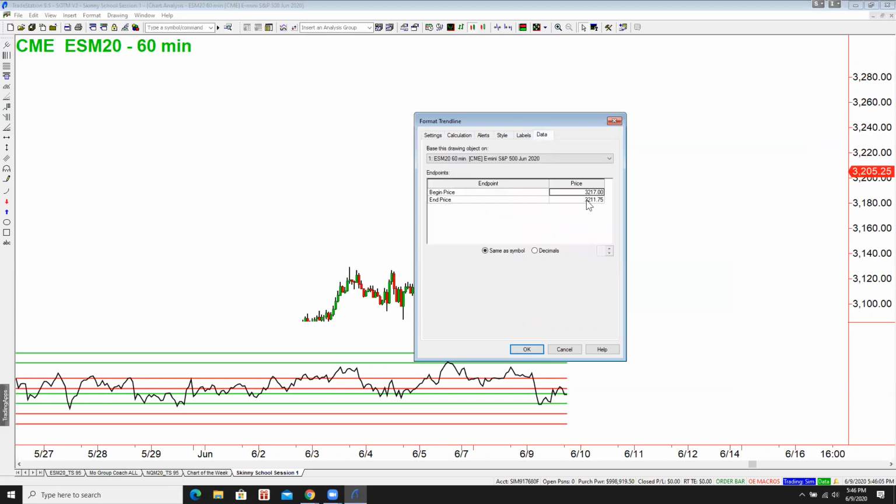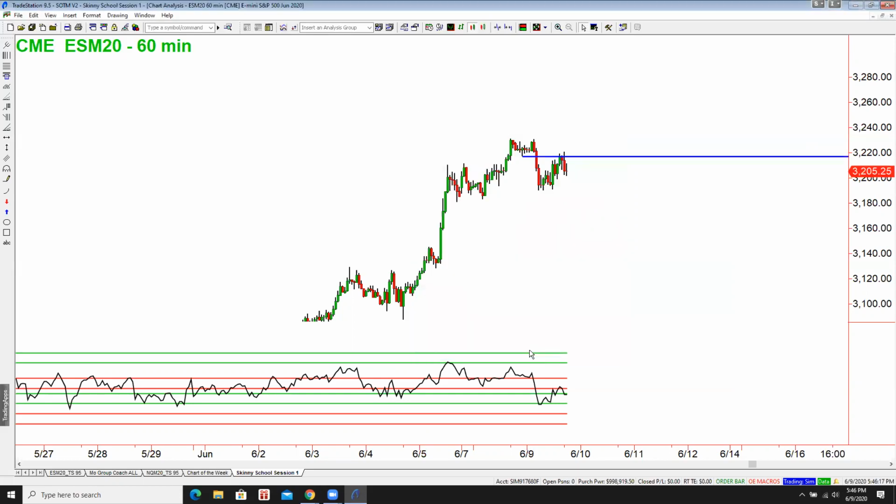And then the data. This is where I can quickly draw a line at a level I want without having to fudge around on the charts a lot, by putting both the beginning and end at 3217. That's the result. Do you guys see how this makes it more clear for you to understand the report? And that I actually have to take the time to do that. There is no auto. Maybe there is, but I've been using TradeStation for a long time. I asked them, is there a way for me to type in a bunch of levels and have them plot? And the thing is, I even have programmers that I could go to for that, but